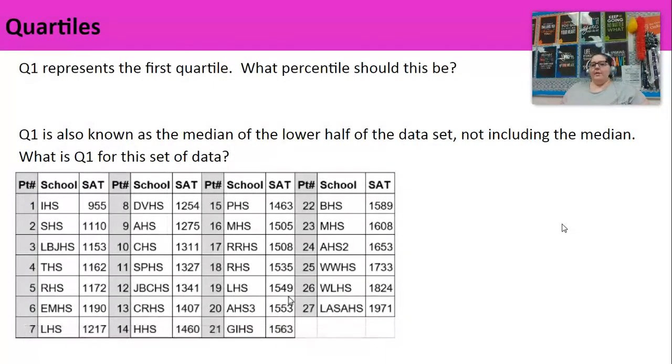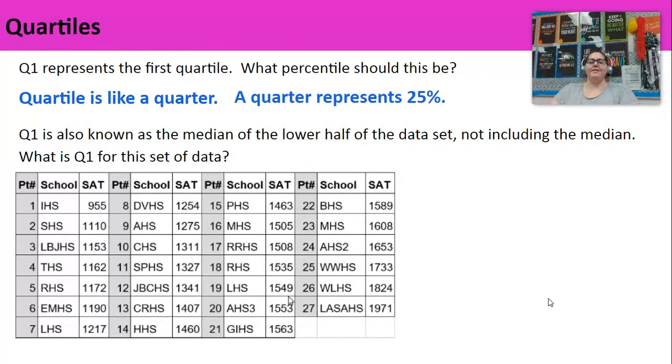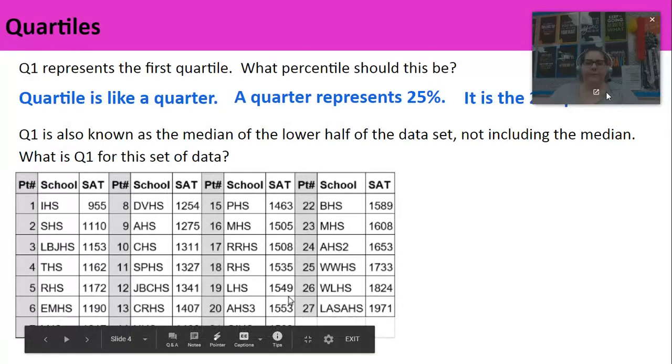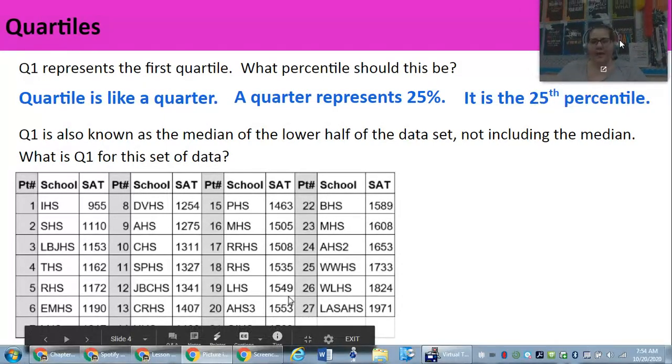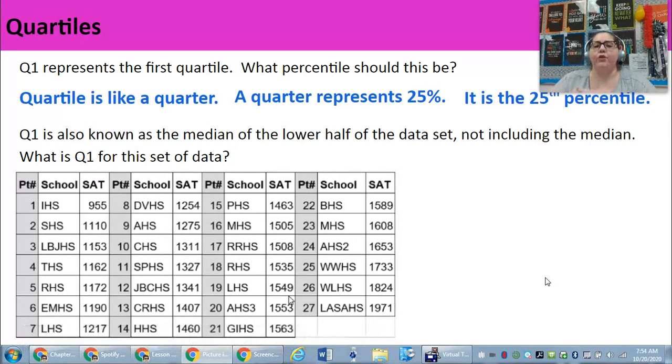So let's move on to talk about something called a quartile. So the median is the number that's in the middle of the data. The quartile, if you think about the word quartile, it's like a quarter. Quarter means 25 cents or 25%. So the quartile is a 25th percentile. So that's what the quartile means. You could also think of it as the median of the lower half of the data set, not including